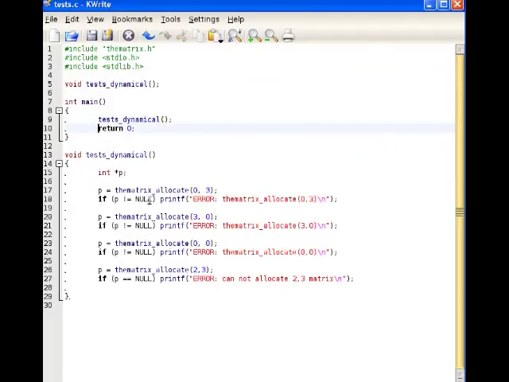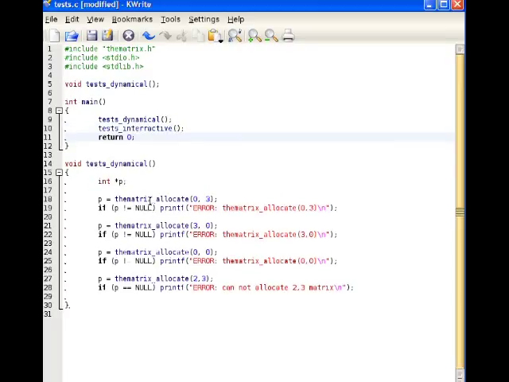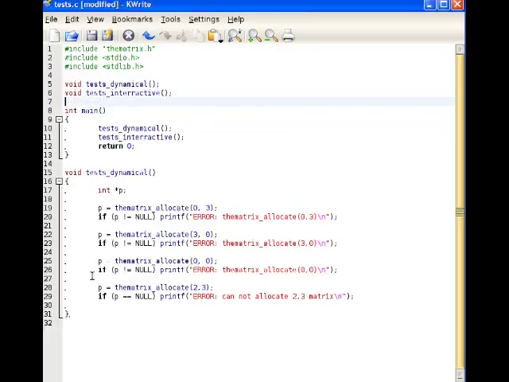Now I need to test also, what do I have? I'm going to call it test interactive. I need to test how to read from the keyboard. I need to test how to display. So clearly here, I'm not going to be able to automate the test as I would like to, okay? Because I'm dealing with interactive functions like display and scan. So nonetheless, let's go here, void test interactive,